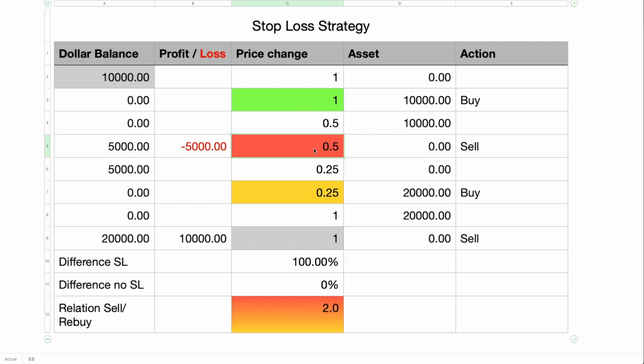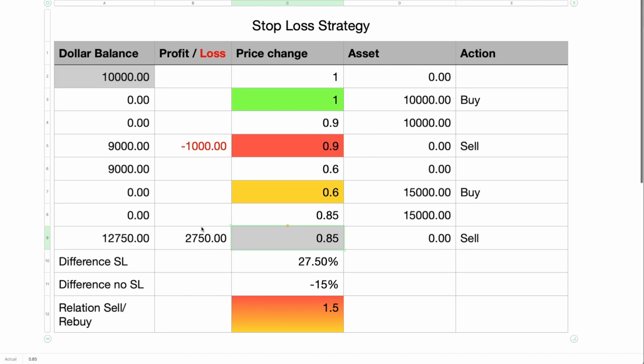Let me do some other examples. Let us assume same $10,000, you buy at $1, price drops to 90 cents. You sell. You hope that the price will drop further, let's say to 60 cents. That's actually good. You increased your XRP by 50%. You now have 15,000 XRP. And now, if the price rises to, let's say, 85 cents,